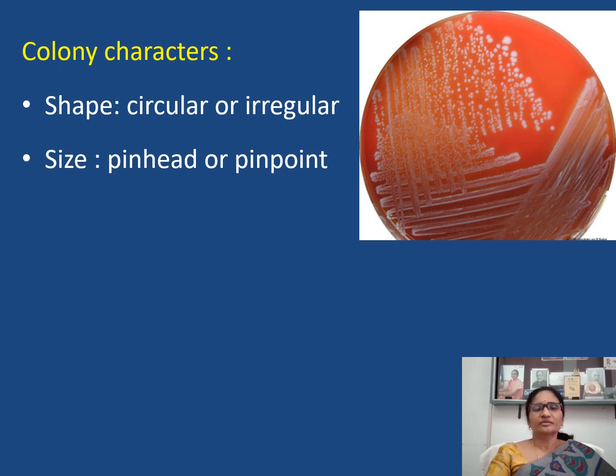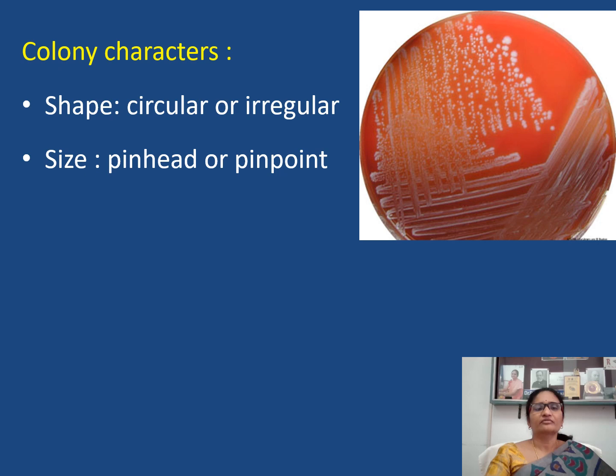Once we grow the bacteria like this on culture media, they produce colonies. Colony is nothing but each dot you are observing is called a colony. That colony represents a progeny from a single bacterial cell. See here, some lakhs of colonies are there and each colony will have some lakhs of bacteria, right? And colony characters also will help in the identification of bacteria.